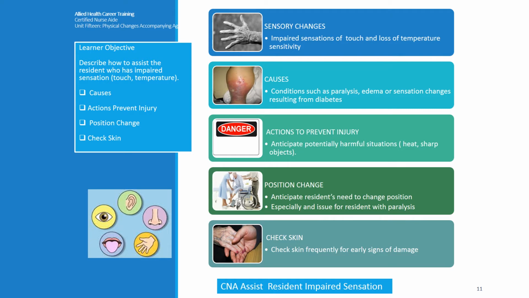So residents can also undergo some different sensory changes. They can have impaired sensations of touch and loss of temperature sensitivity, we've kind of already talked about this in previous units about the fact that if you go into a resident's room and it's 90 degrees in there and they're perfect. They don't notice that you're sweating buckets just walking in the room. They don't notice that it feels dry as the Sahara in there. They're comfortable because they have lost a lot of that temperature sensitivity